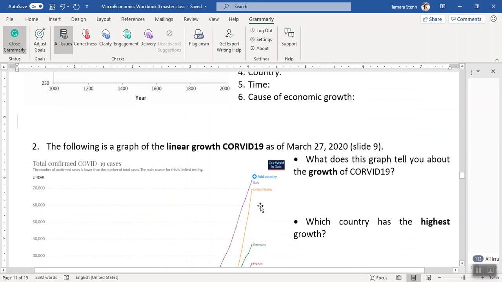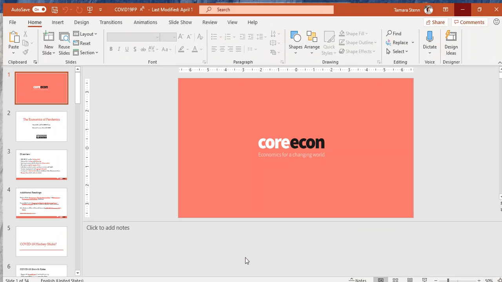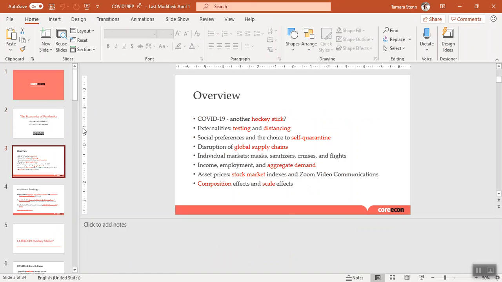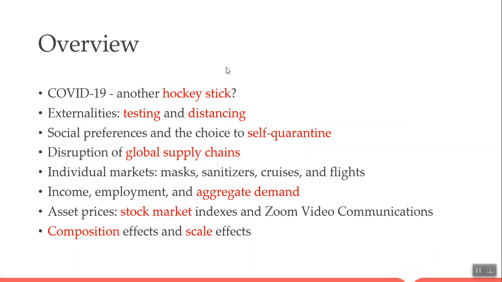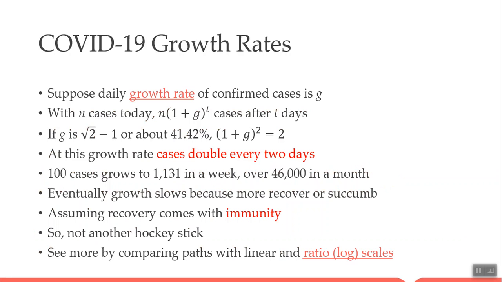So now what we're going to be doing is looking at the linear growth of COVID-19. Look at that. All of a sudden we have this similar hockey growth, okay? And this comes from slide 9. So if I go to my PowerPoint here and I take a look at some of the information that's being presented, and let's do this in a nice big format, okay? We have this question of, is COVID-19 actually another hockey stick? And that's what we're going to be taking a look at, right? How are we going to understand that?